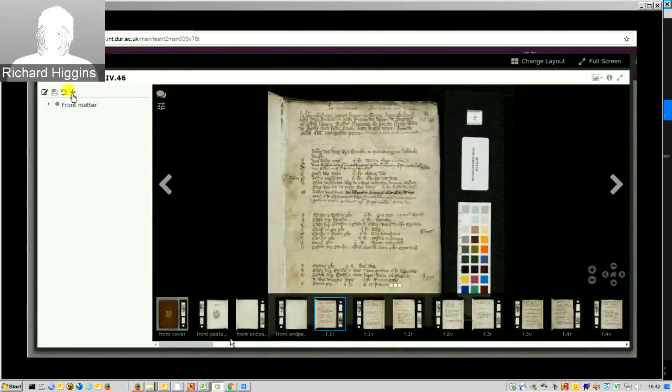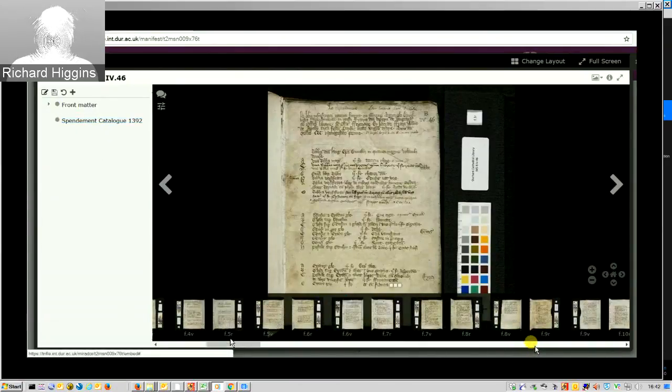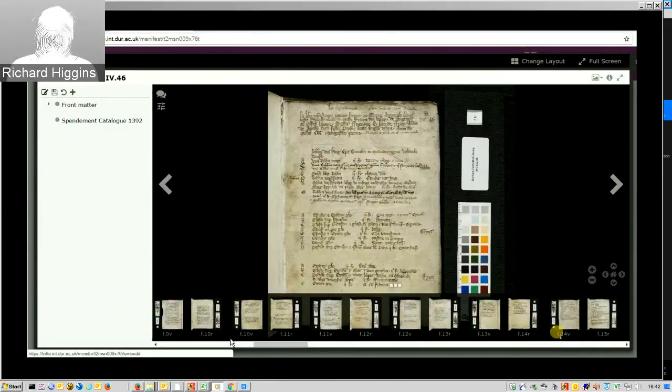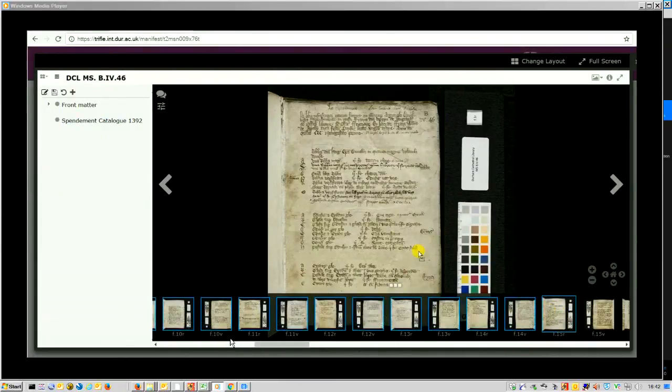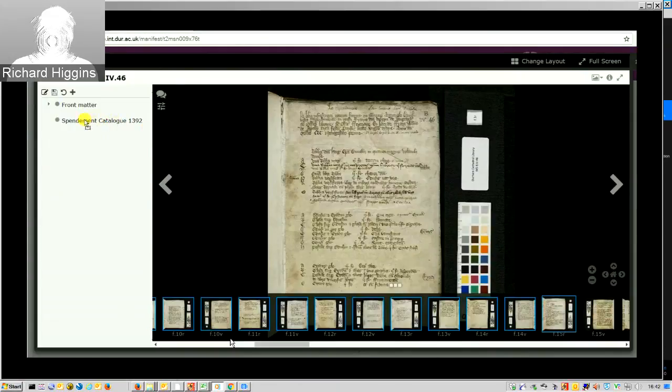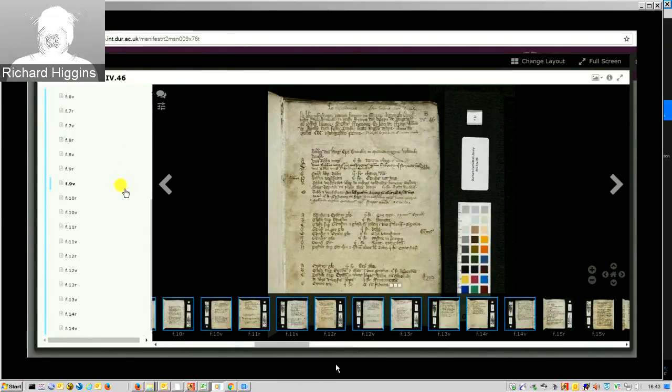We then shrink it down, add the next section, and select some more images. I have at that point gone off to the other screen and copied and pasted the relevant section of the catalog of the index there, and I now go through and select some more, drag them over and drop them, and again, as I drop them, they have appeared in the range. So that carries on